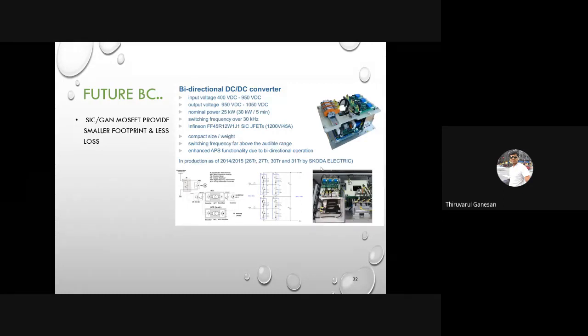Silicon carbide and gallium nitride technology will be evolving, and you might have known of a few trains in Japan. They have tested a silicon carbide traction converter and a silicon carbide battery charger. This is the most advanced technology in the semiconductor world. By going with silicon carbide and gallium nitride MOSFETs, you can reduce your converter or inverter size, losses will be very low, and you can go for a higher switching frequency, and it will be cost effective.